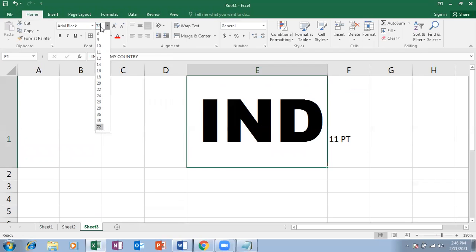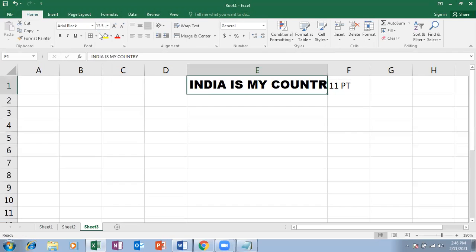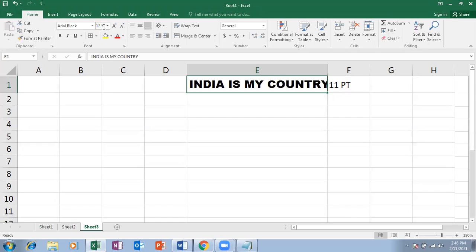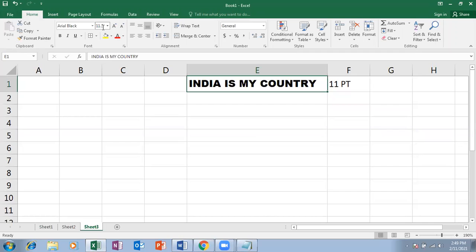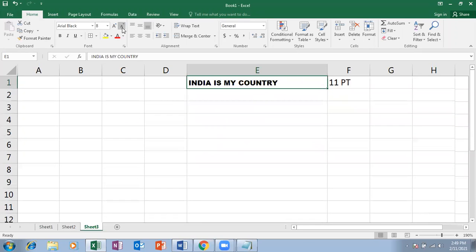And manually, if I want something like 13.5 or any other font size, just click here, enable the cursor, erase that, and mention how much you want. Okay. And then see, I can increase the font size up to 72 and I can decrease up to 8.